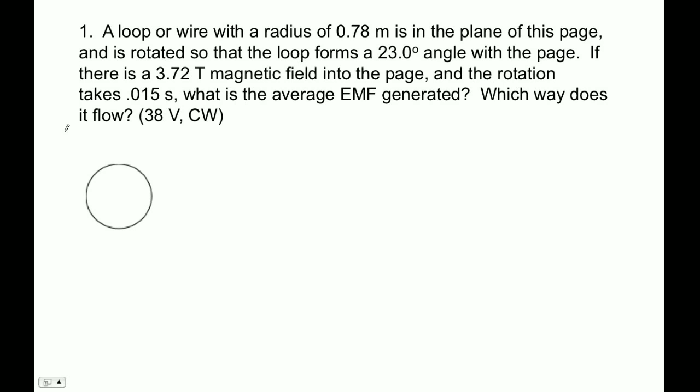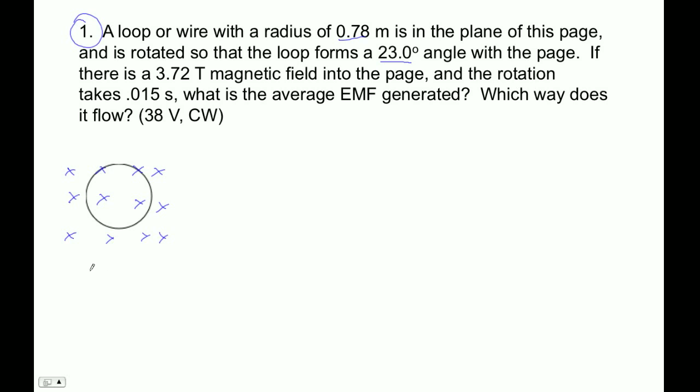Okay, so this is unabashedly a trick question. A loop of wire with a radius of 0.78 meters is in the plane of this page. It's rotated so it starts out in the plane of the page, and then it's rotated so that it forms a 23-degree angle with the page. So the change in flux is going to be... the magnetic field is into the page, and the reason that the flux is changing in this case is that we are changing